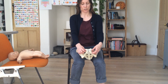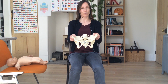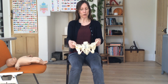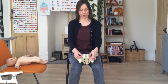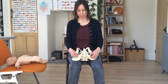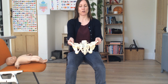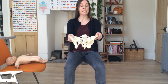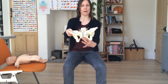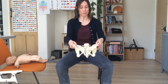so let me tighten them first actually, because when you're not pregnant, so for example with me, I haven't got much relaxin in my body, so my pelvis would move a little bit, but not a huge amount. When the relaxin hormone is released during pregnancy, by slackening off these bolts on the pelvis, the pregnant woman is going to have a lot more mobility, which is really helpful for labour and birth, because it helps make this pelvic outlet a lot bigger, up to about 25% bigger if we adopt really good positions like